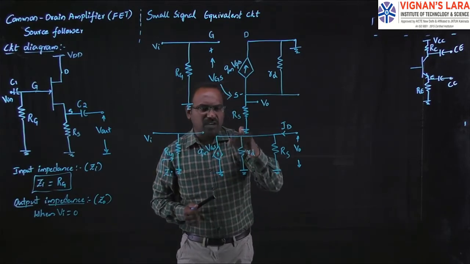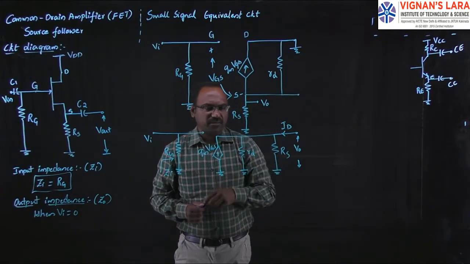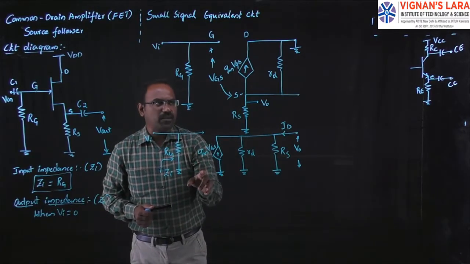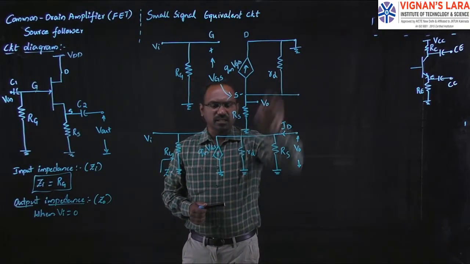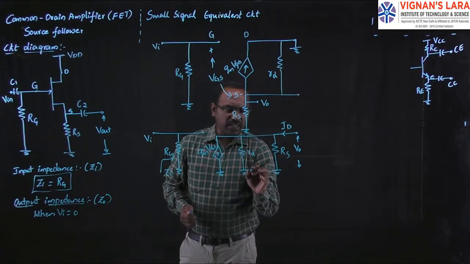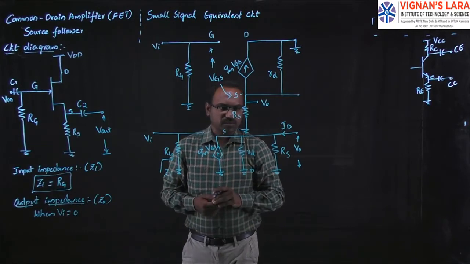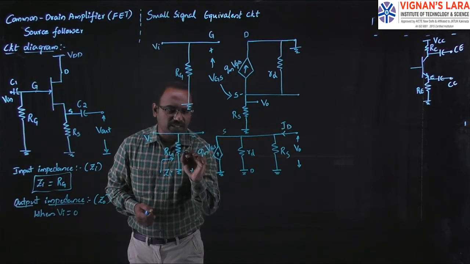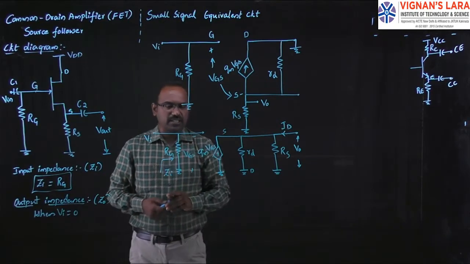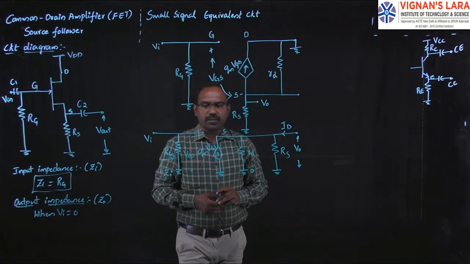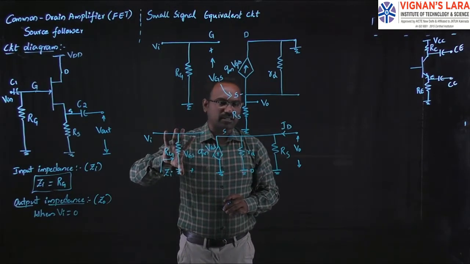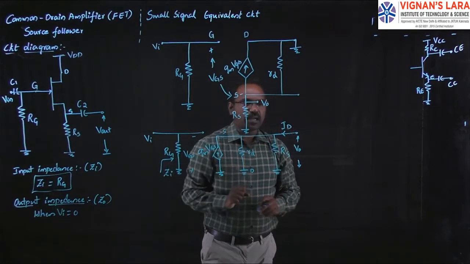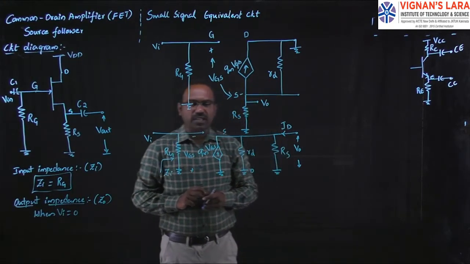And as you observed or not, I have just reversed. That means this is the source terminal, this is the drain terminal. Why? Because the drain terminal is grounded here. That means this is the drain and this is the source. So I can take my VGS as this is minus terminal, plus terminal. So this is my VGS. Remember, you are not supposed to consider this. So you are having only this part. I am not drawing it separately. Don't get confused.